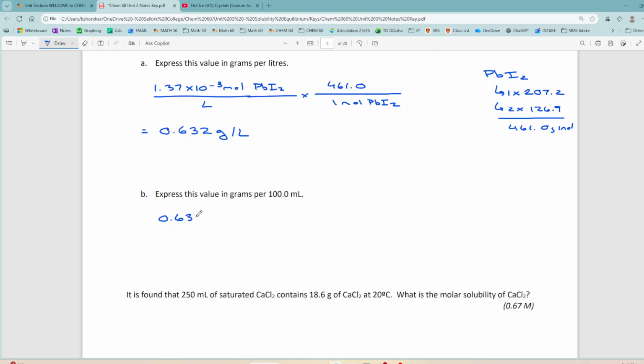It is a good skill to be able to change your units into different things. So if I had 0.63157, because I'm going to go back to unrounded, although it doesn't really matter for this, grams per liter, and I want to go per 100 milliliters. Something you might want to do is convert from liters into milliliters. So 1 liter is 1,000 milliliters. And then if I want to go per 100 milliliters, I can just times that by 100, right? So what that would leave me with is the amount per 100 milliliters. So I can do that divided by 1,000 times by 10, and I would get